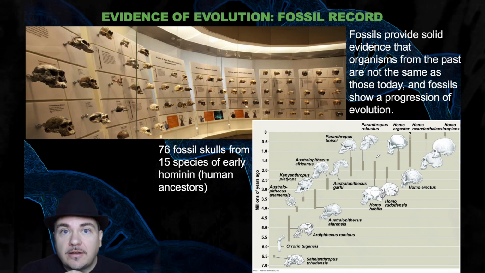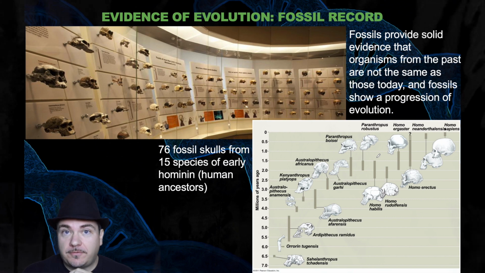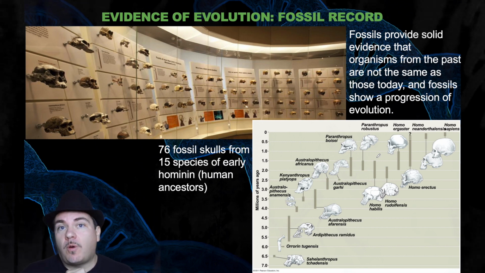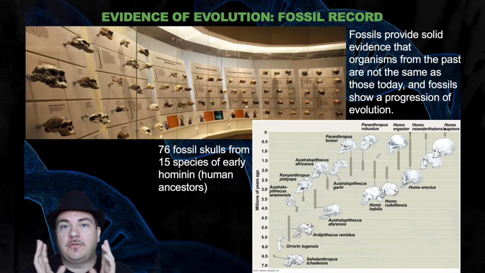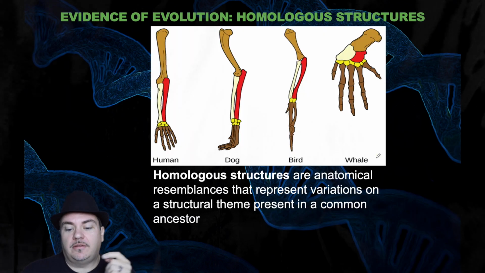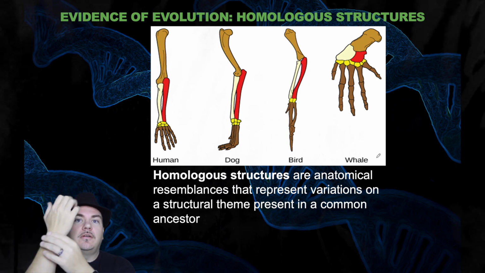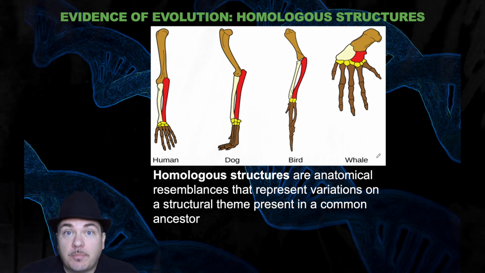Okay, as an engineer, if you were going to design those 4 different structures, you would design them differently. Why? Because the physics of lifting is very different than the physics of walking or the physics of flying. So since they work differently, you would design them differently. But if you look at those 4 appendages, they all have the same basic underlying structure. There's 1 bone here, 2 bones here, set of wrist bones, set of hand bones, set of finger bones. Okay, they're the same bones.